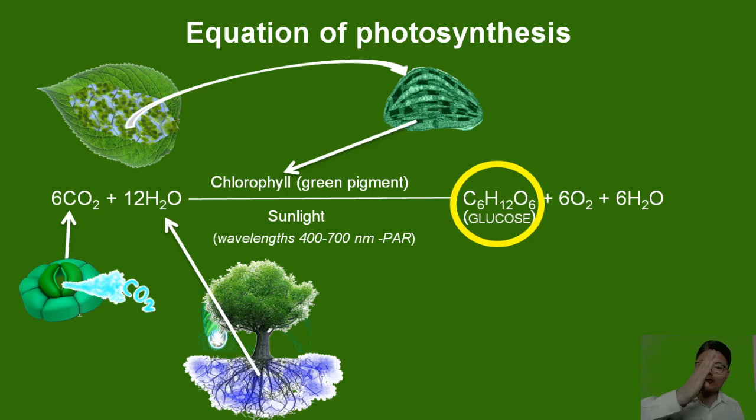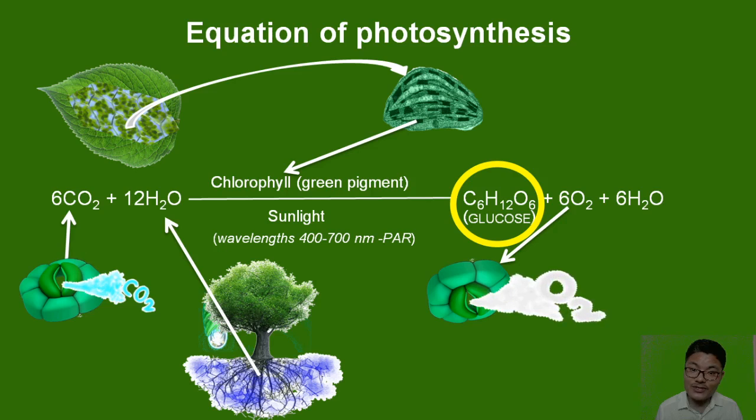Along with that, there are also branching chains of glucose, which form starch. So the byproduct, oxygen, is removed whenever photosynthesis is occurring. Removal of oxygen is mainly through stomata. So oxygen diffuses out through stomata in the leaves, and this oxygen is essential for us to survive, for other